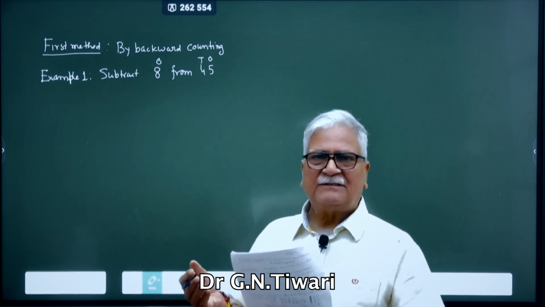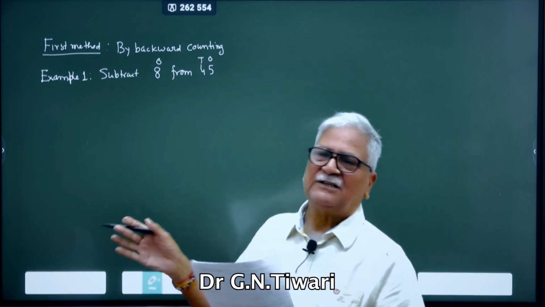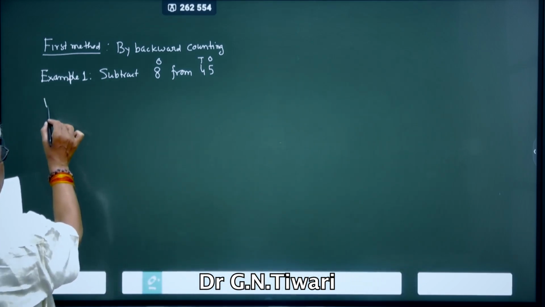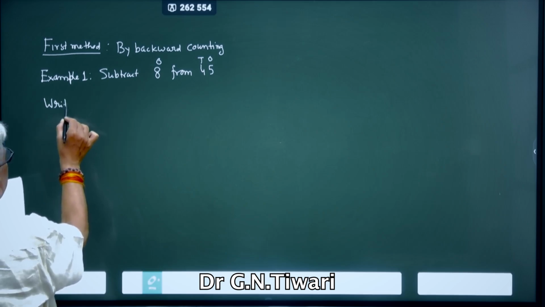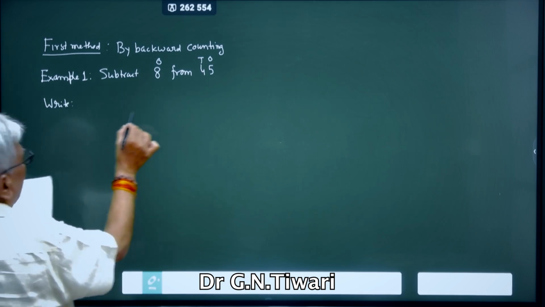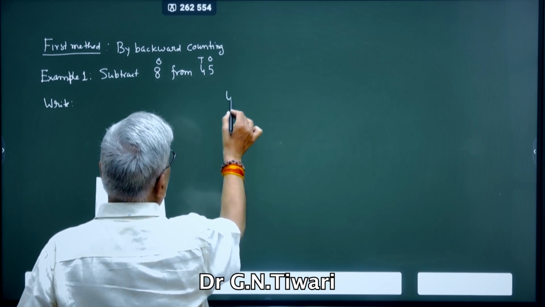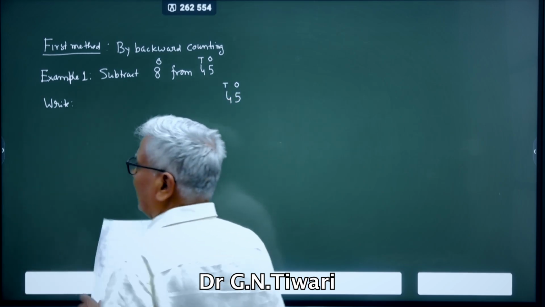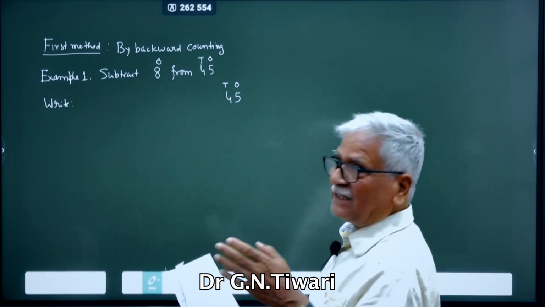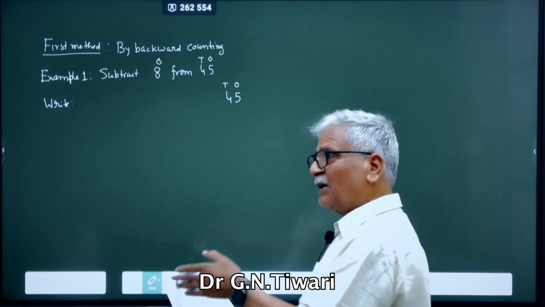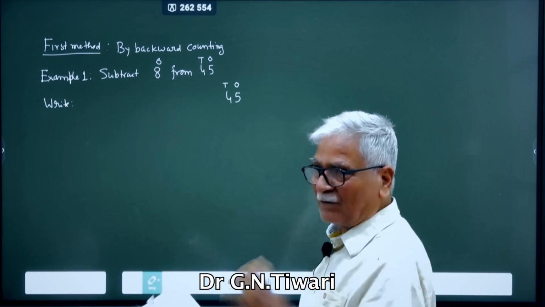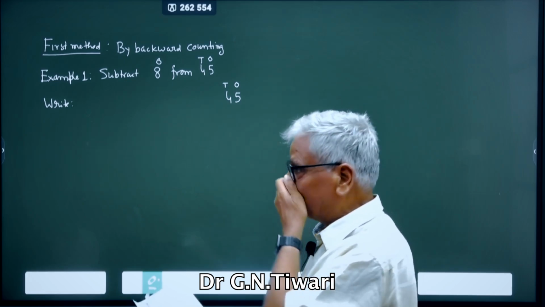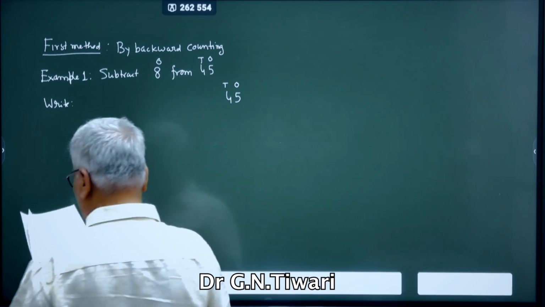Even in the addition, if there are 2 digits, you can have a horizontal addition. So here I am writing this thing. How can you write it? I have already explained, the highest number will be extreme. 45, T O. In addition, the highest number was on the left, and we have to move right, because in the backward counting, from right to left, it is very, very important in the higher classes. So because of that, I have written it.